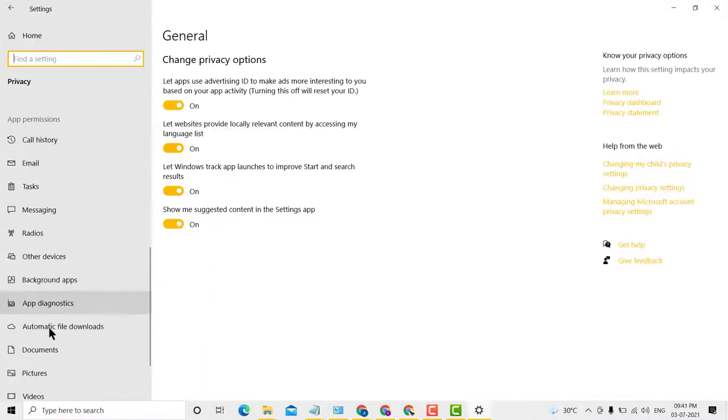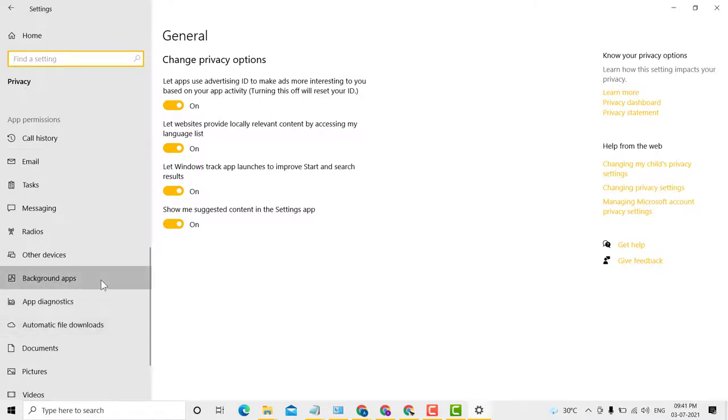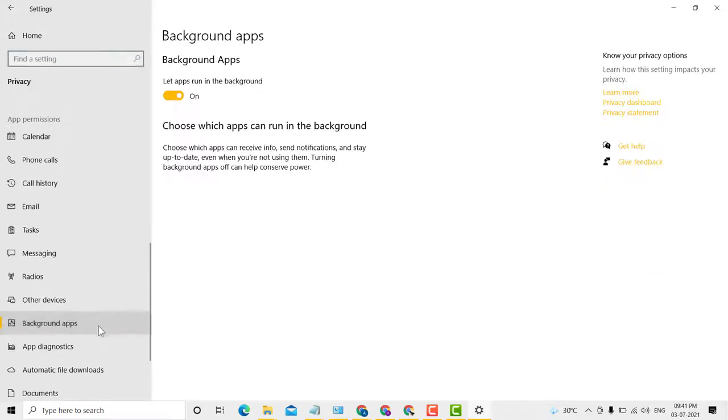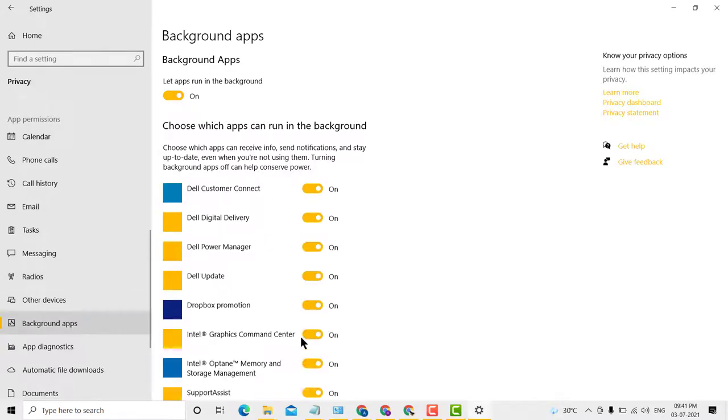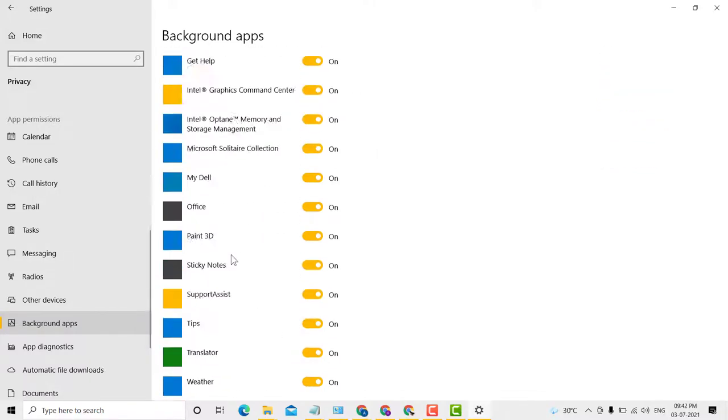Now scroll down, click on Background Apps. This is list of background apps. Now scroll down